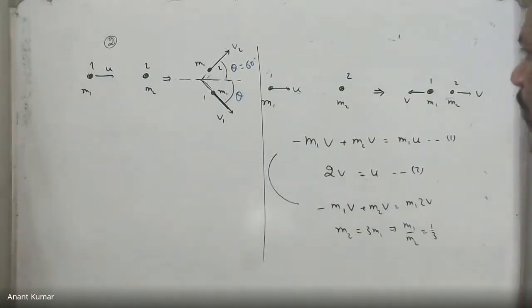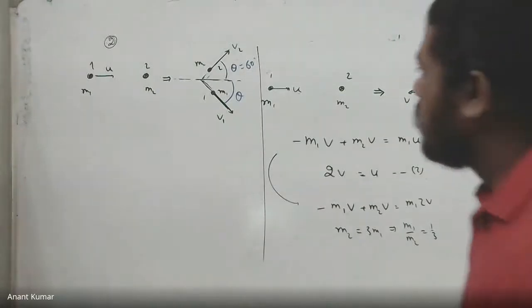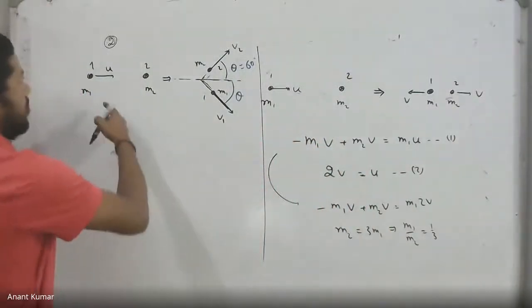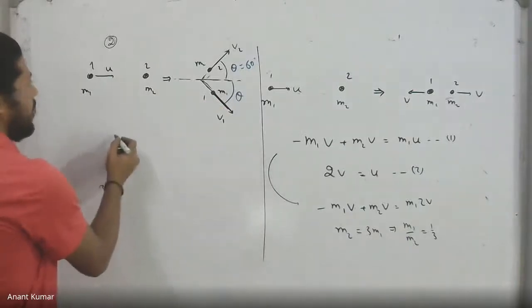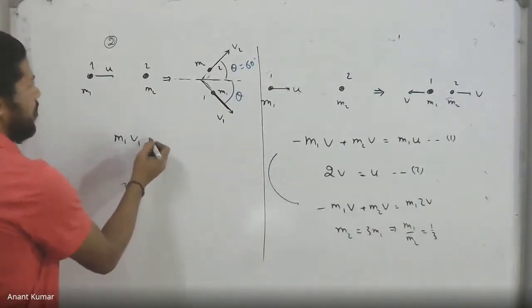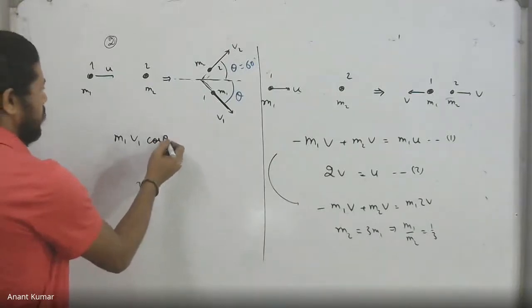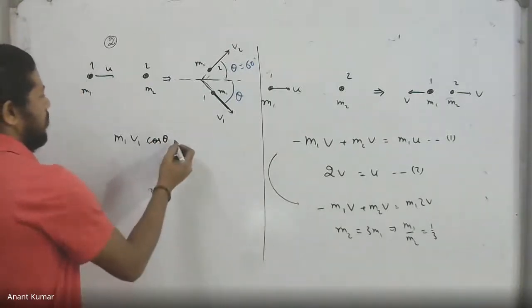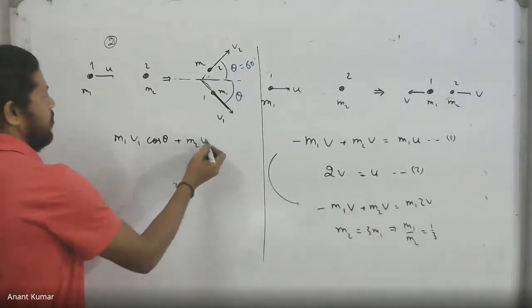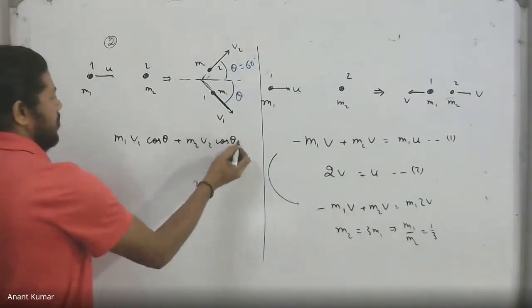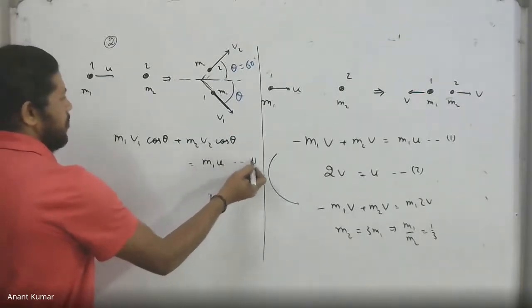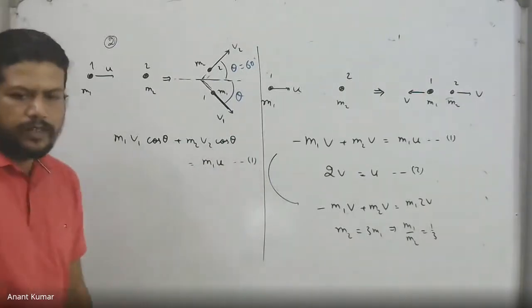We have v1, v2 and m1 by m2 actually. So we'll have to have three independent equations as well. For that case, if I consider the horizontal direction, I get in this case m1 v1 cos theta, which is known, 60 degrees in fact, and m2 v2 cos theta. That must be the incoming momentum m1 into u. That's our first equation. Theta is a known factor in this case.